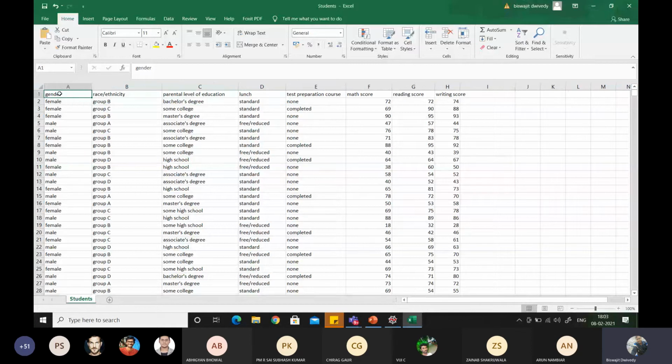You can see this column is filled with male, female, and all those things. This is also the same type, group A, B. So these are not numbers. Numeric or integer values are present only in these 3 columns.